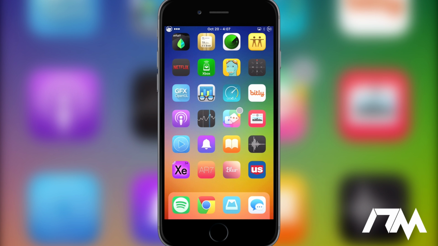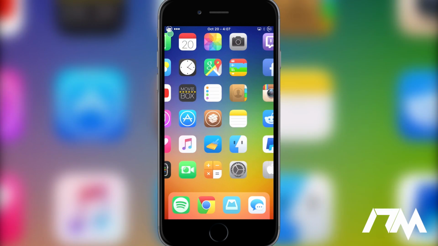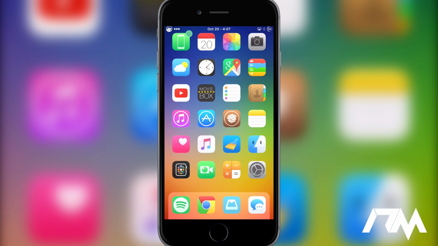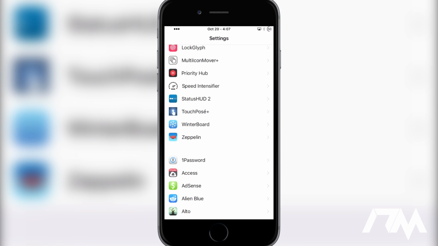Coming in at number 9 is a tweak that's been around for a very long time. It's called Zeppelin. What Zeppelin allows you to do is change your carrier logo in the upper left hand. As you guys can see there, where it would normally say AT&T for me, I have a little illust icon. And the cool thing about Zeppelin is there's literally hundreds and hundreds of packs of icons that you can